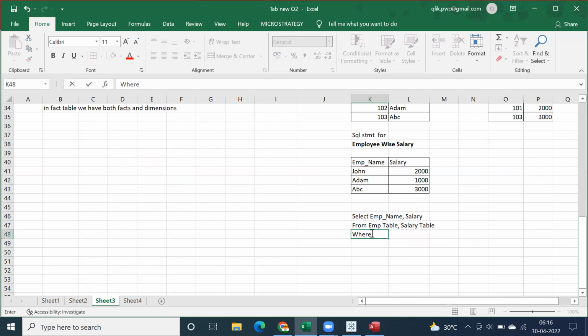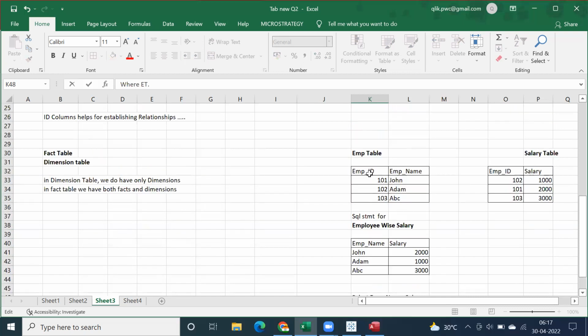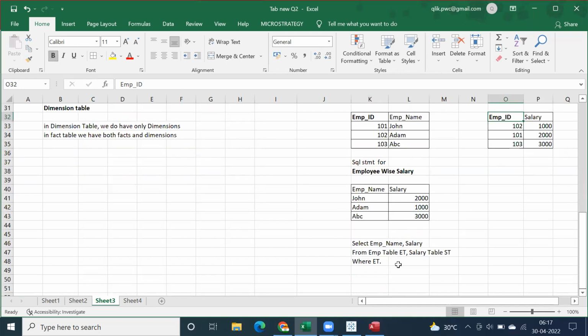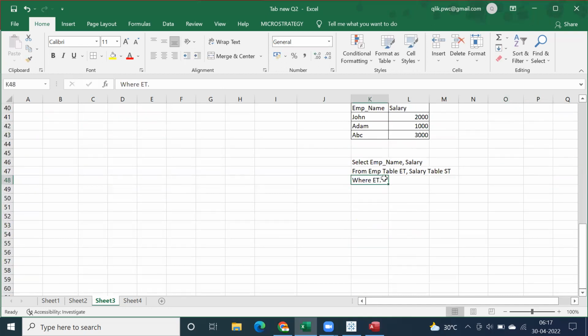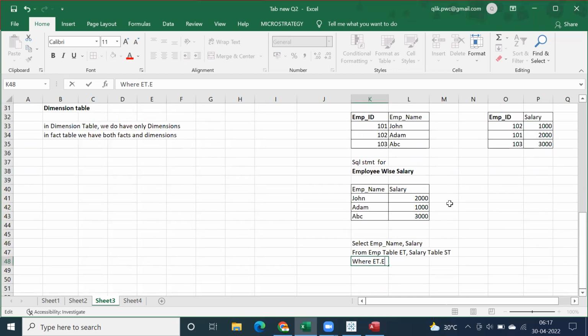Employee table we can use an alias name. Every time, if you don't want to repeat employee table, I will say employee table as ET, salary table as ST, which is an alias name, a short name. Where ET dot, what is the common column between these two tables? Employee ID. That is very important. Employee table dot, that is what I'm going to discuss in the next class, which is the next topic. Employee ID